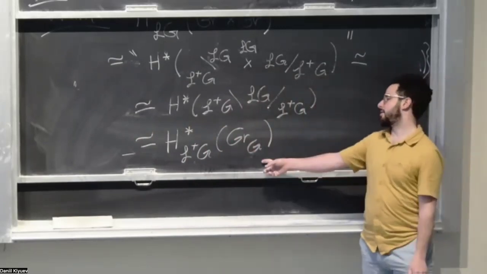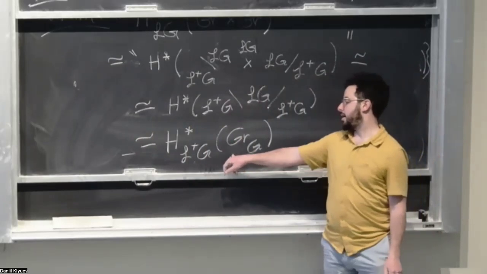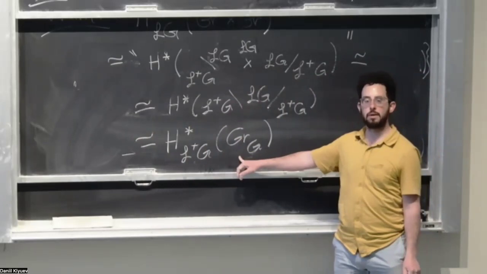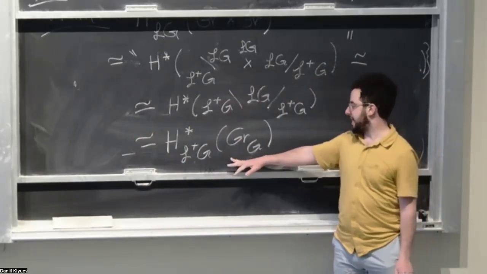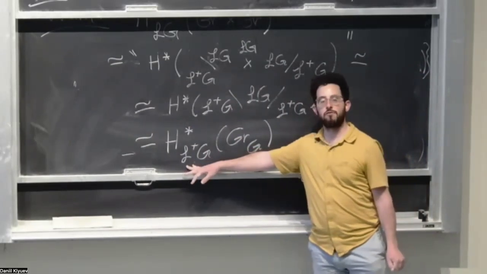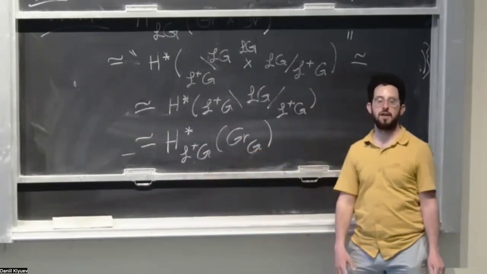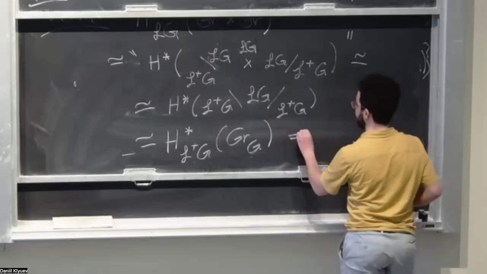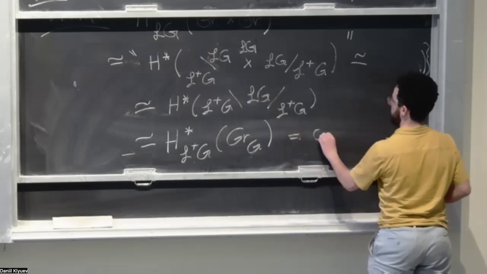This actually makes sense because the Affine Grassmannian can be written as a colimit over finite projective things. The action of positive loops on each one of them will factor through a finite quotient. So this is basically going to be by definition a colimit,